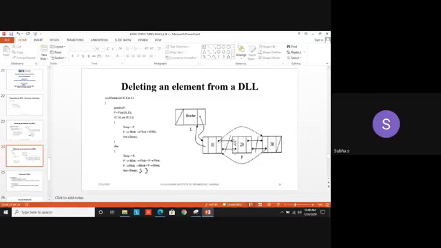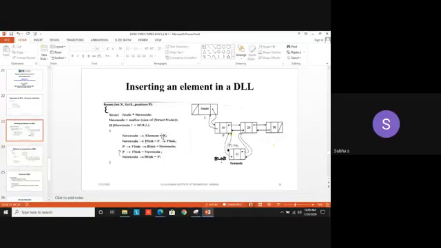Because the 10 forward link should point to 15, 15 forward link pointing to 20, then 20 backward link pointing to 15, 15 backward link pointing to 10. That is only given in these 4 statements. Okay. You have to adjust. First you are removing that link and you are connecting it to 15. That is the simple thing behind insertion.